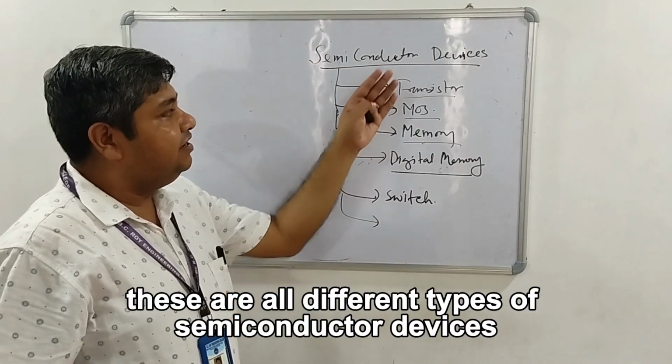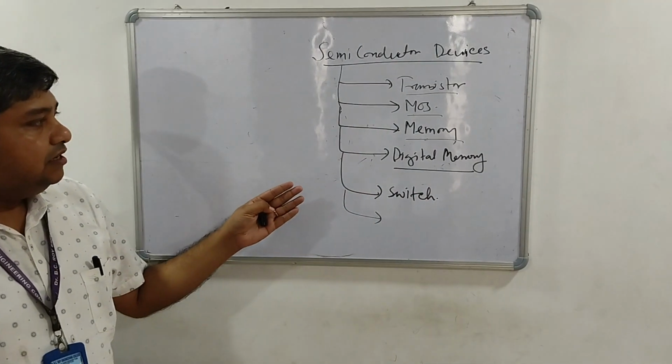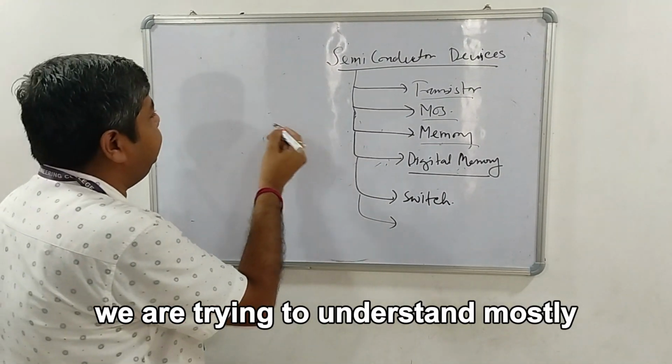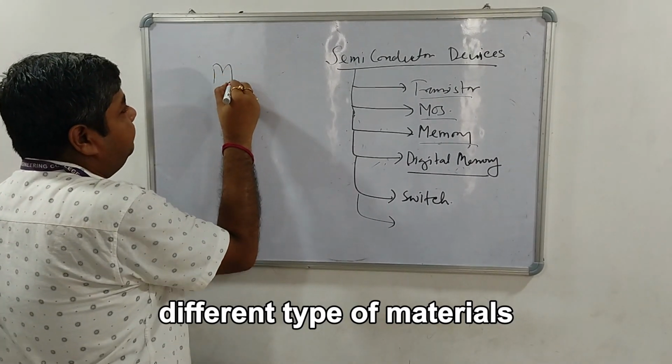These are the different types of semiconductor devices we are using currently. In this particular course, we are trying to understand mostly different types of materials,